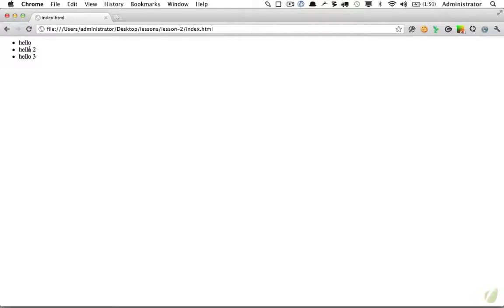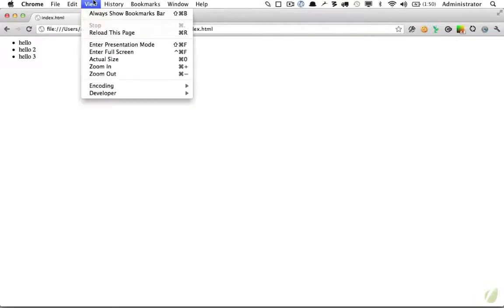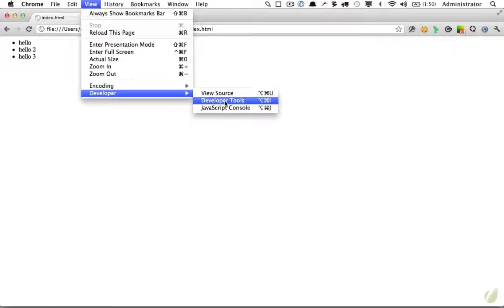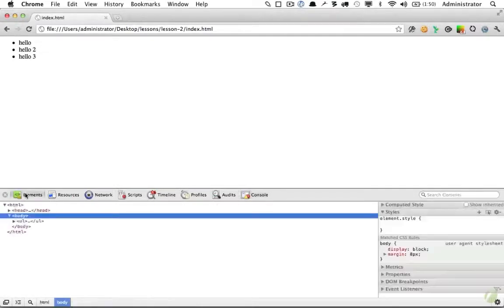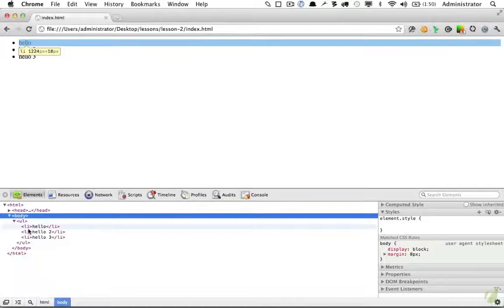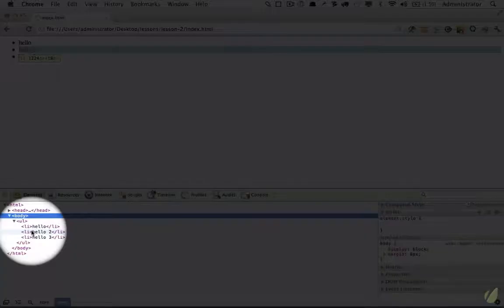Nothing's being bold. Why isn't this taking effect? Well, let's first check the Chrome Developer Tools to see if we made a mistake. Once again, I can go to View, Developer, Developer Tools, or on my computer, I'll hit Command-Option-I. First, I'm going to see, were there any errors in the console? Nope, that looks fine. Next, I'm going to go to Elements, UL, and what? Why isn't that emphasis class being applied?